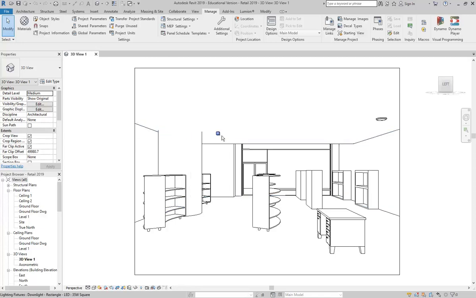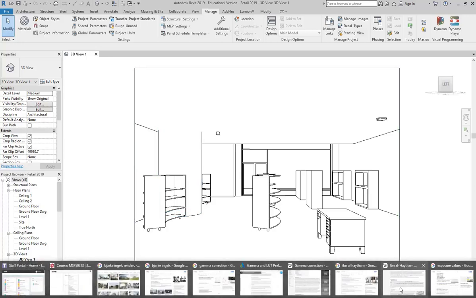Okay, so I've got my Revit file set up for rendering in a very basic way, but it is set up. And now I'm going to go through the steps for linking this to 3ds Max again, just so that you don't have to look at the last video I did on materials just to get these steps. But before I take it into 3ds Max, I just want to remind you about something that you always need